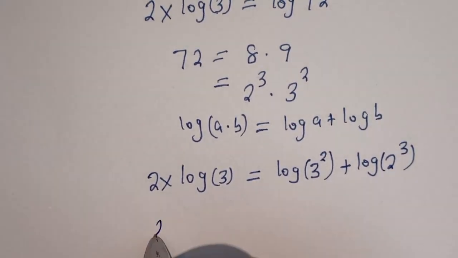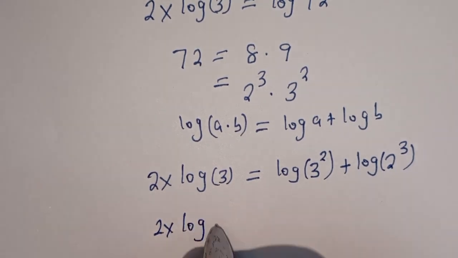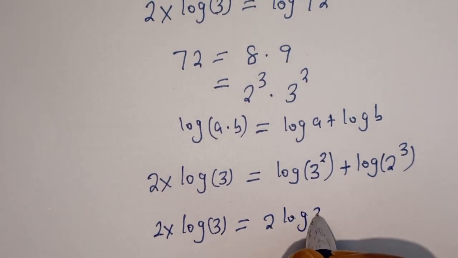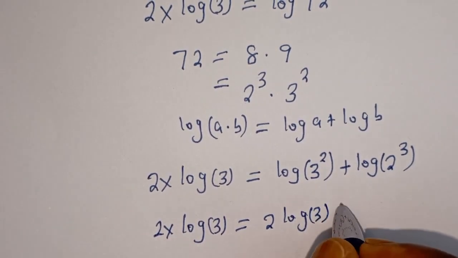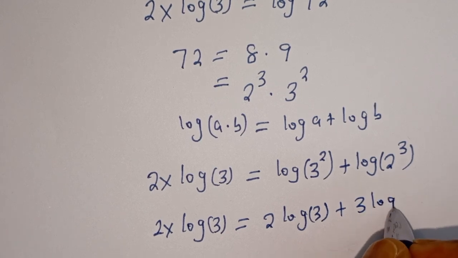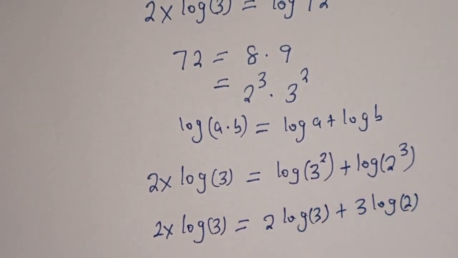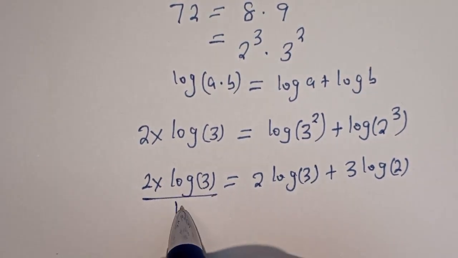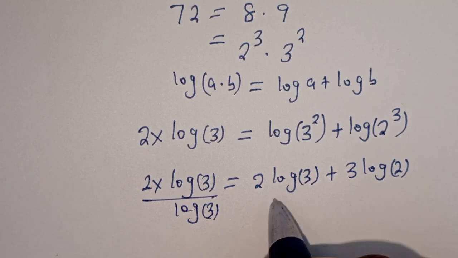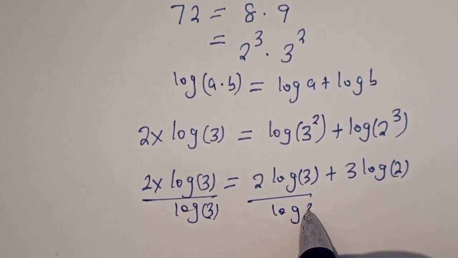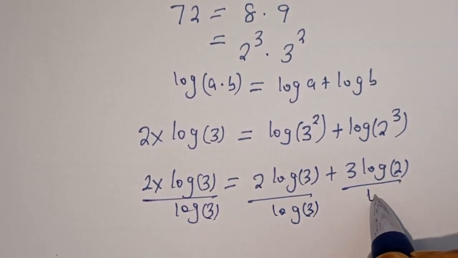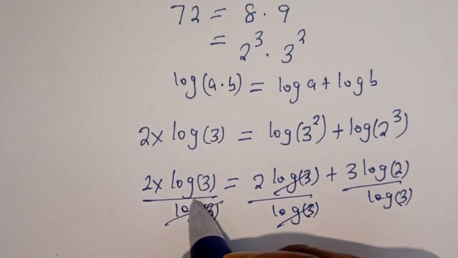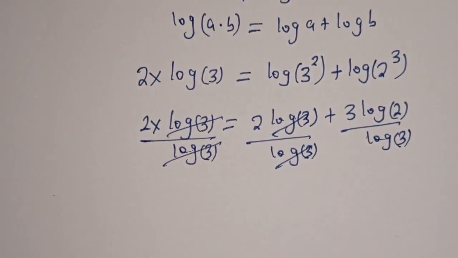Then this is 2x log 3 is equal to 2 log 3 plus 3 log 2. Now we are looking for the value of x. Let's divide both sides by log 3. This divided by log 3, and let's divide this by log 3. This will cancel this. This will cancel this. Then we have 2x